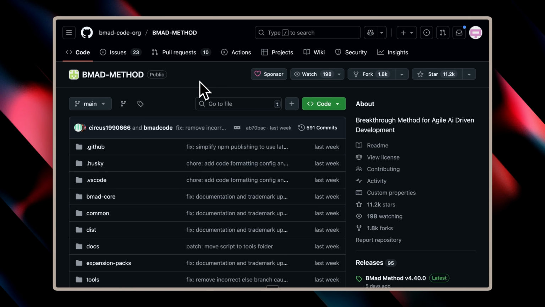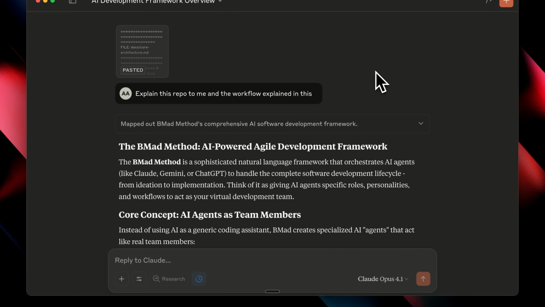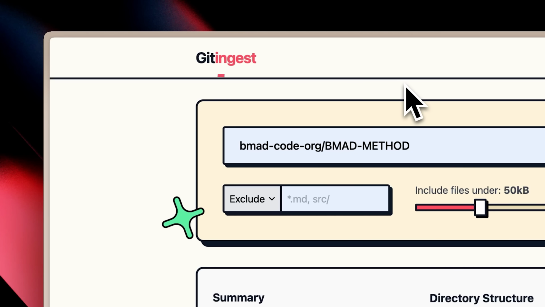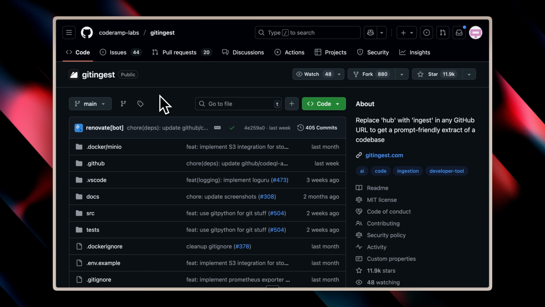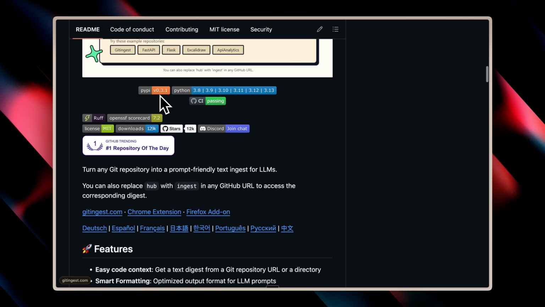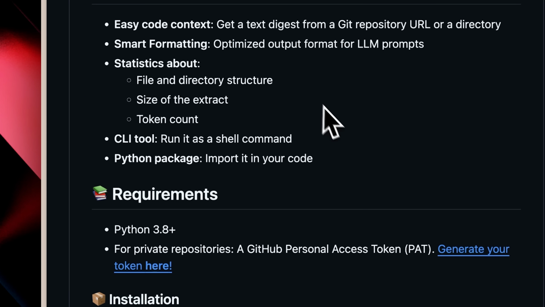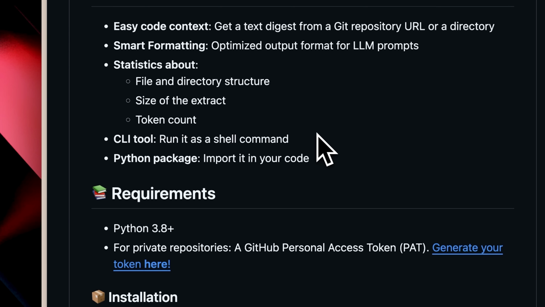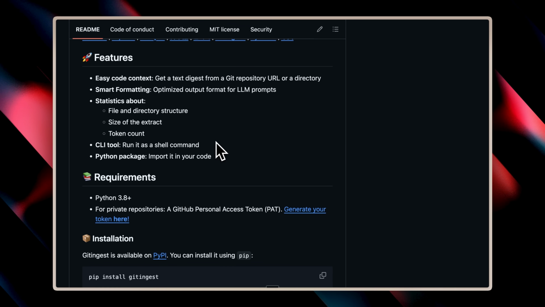Using this workflow, if I need to understand the proper installation process or the correct implementation steps, I can get that information directly through Claude Desktop with full context. The tool that I'm using, GitIngest, is open source, and if we look at its GitHub repository, you'll see it includes a fully functional CLI tool. This means I can run its commands directly in the terminal. I simply provide a GitHub repository link, and the CLI command converts the entire repository into LLM readable text, exactly